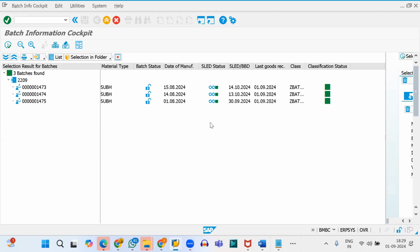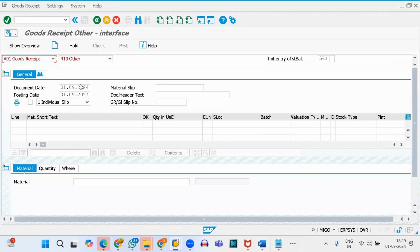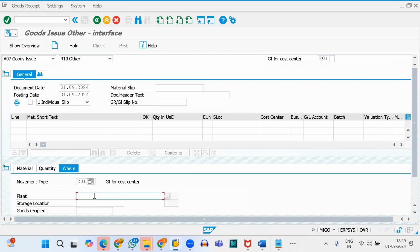Now, just try to understand, if I would like to issue some quantity, suppose 10 quantity of the product, the system should take the batch that has the earliest expiry date, 30th of September, right? So let's try to do a goods issue inside the Migo transaction again. In Migo, I am going to issue against the 201 movement type, material master 2209. Suppose I want to issue 10 quantity of this product,